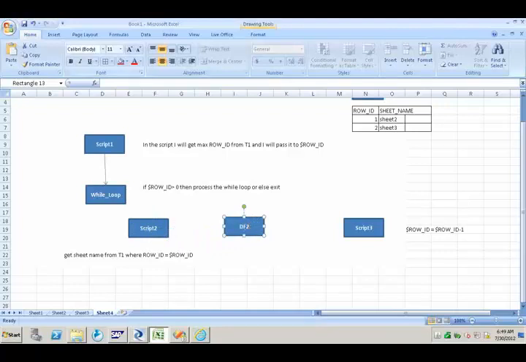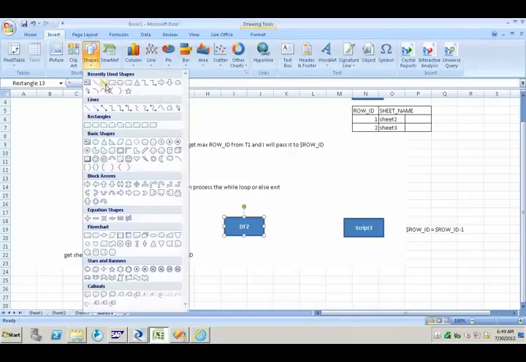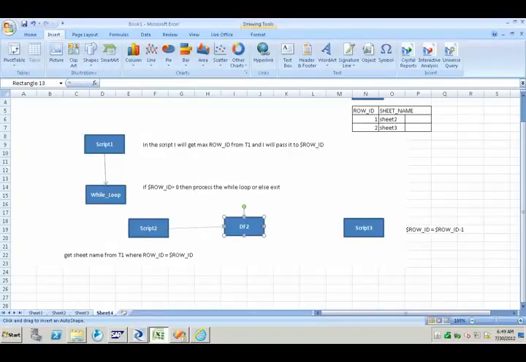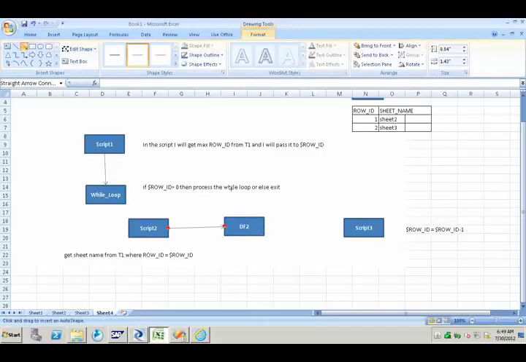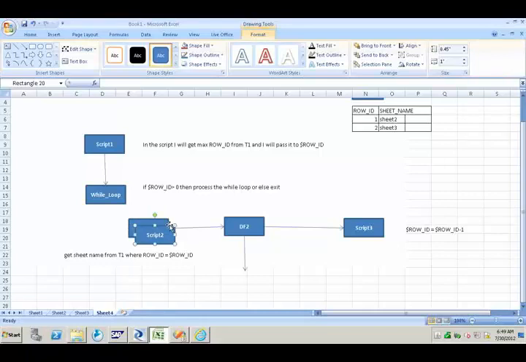In between, we will have data flow number 2. In this data flow number 2, what I am going to do here is a file format, then a target table number 2, which will have the actual data.